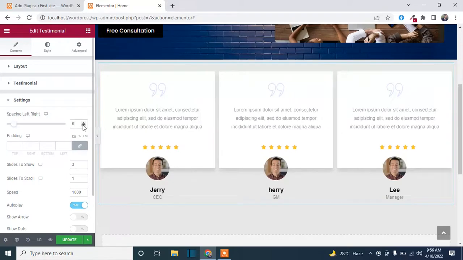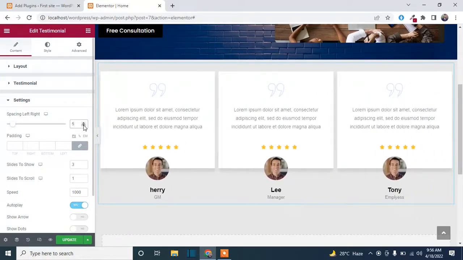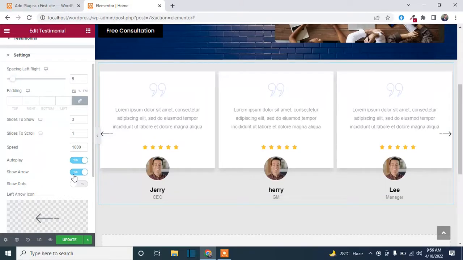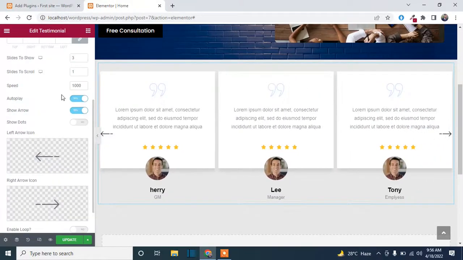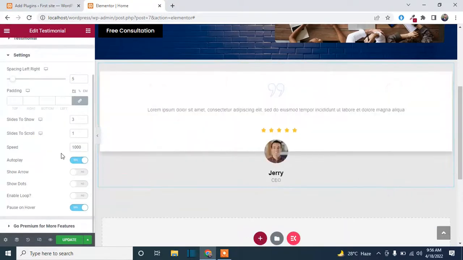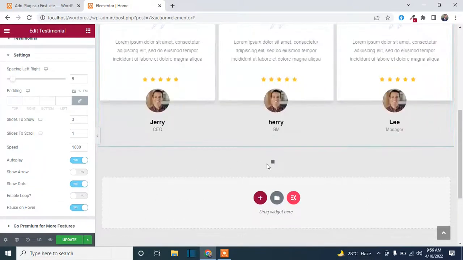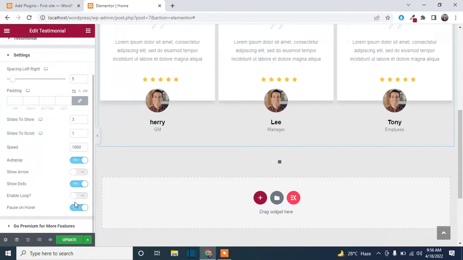I will set it to 765, is enough. You can also change the speed of the slider. You can also show the arrows for the slider. You can upload icons, and you can also choose from the icon library. I don't want to show arrows, I will show dots. You will see the dots here. After that, you can also enable the looping,